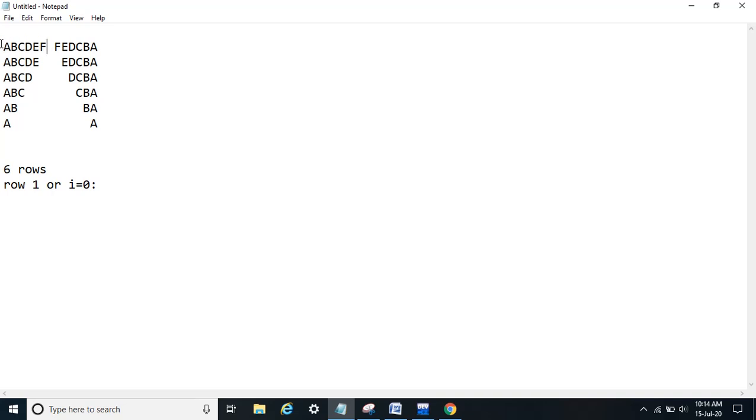Now why F? It starts printing from A, prints 1, 2, 3, 4, 5 and 6 characters, increasing by 1. Okay, start from A, then print 6 characters. After that print 1 space.